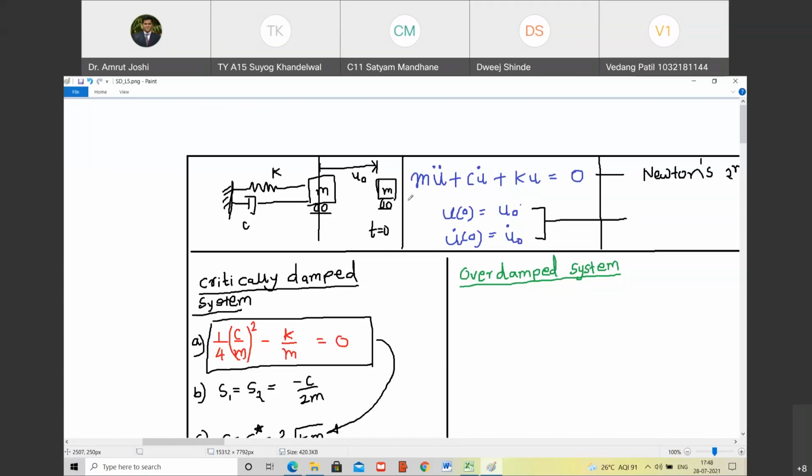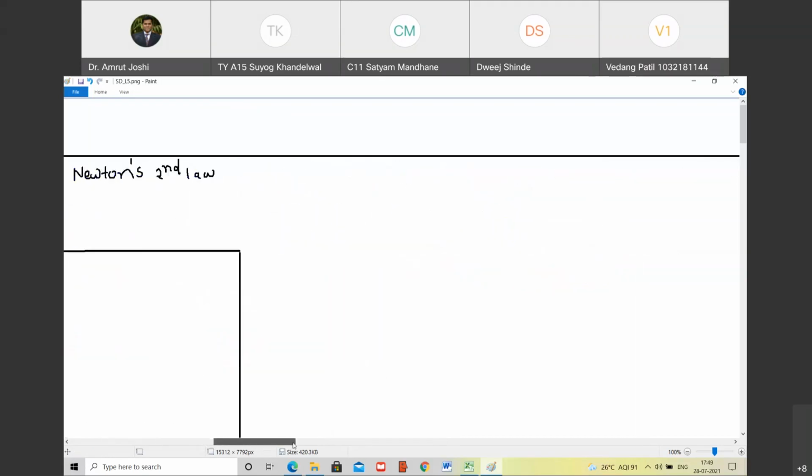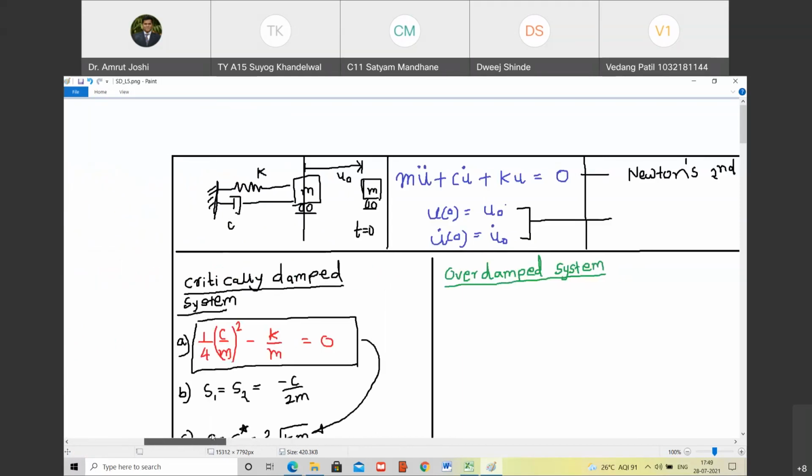Happy? Similar observation can be made for the overdamped system. The overdamped system also at most comes back to its mean position at time t equal to infinity. But there are minor differences in the responses. Those response differences we are going to study in the next class, and then we are going to start with the underdamped system. Are you with me? Yes, sir. So this is how the course moves ahead.